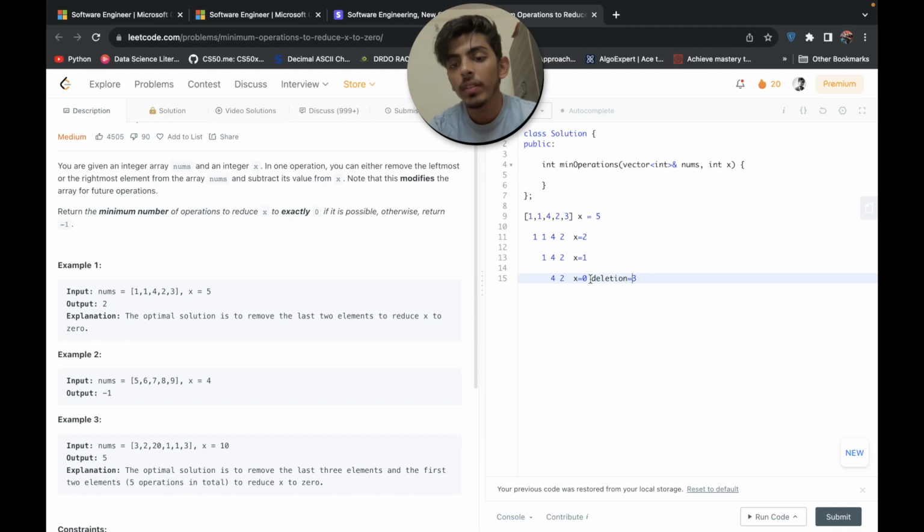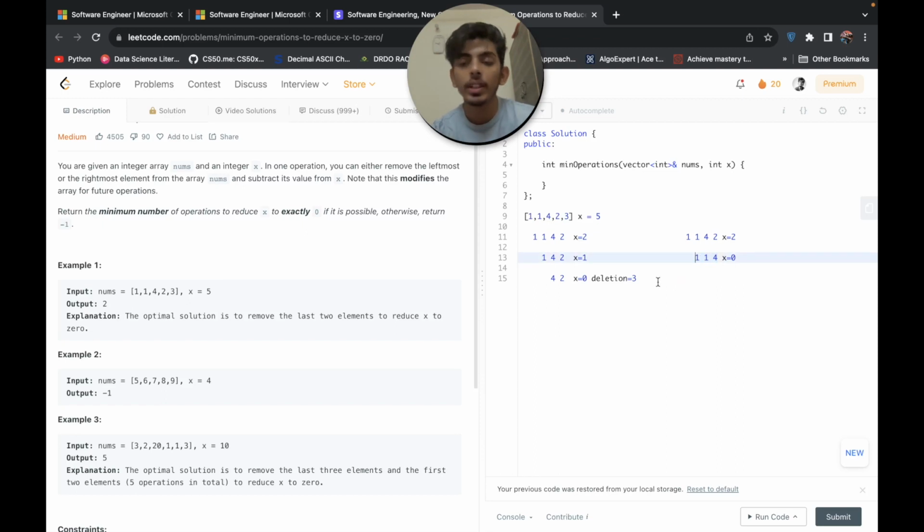Here, if you have 3 deletions, the size of the leftover array will be smaller compared to the other case. If we take 1 1 1 1 4 2, we have initially picked 3. After that the optimal solution will be to pick 1, and we will pick 2 from here. So our minimum number of deletions will be only 2, the 3 and the 2, right? So in this case our leftover array will be maximum.